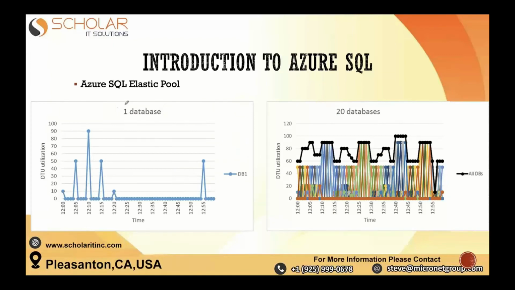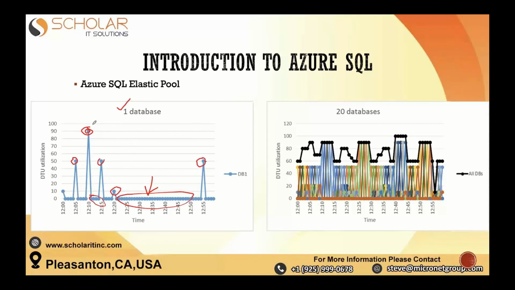Now, let's say you have a single database. At one time, it uses 90 DTU. At another time, it uses 50 DTU. Here 50, here 0, here just 10, here just 50. If you are using a single database, you are paying even here. Let's say the single database is using 90 DTU. No matter that you are using only 50 here,